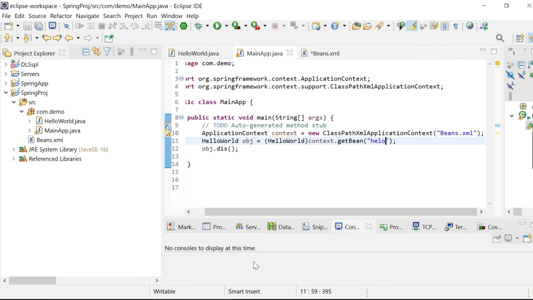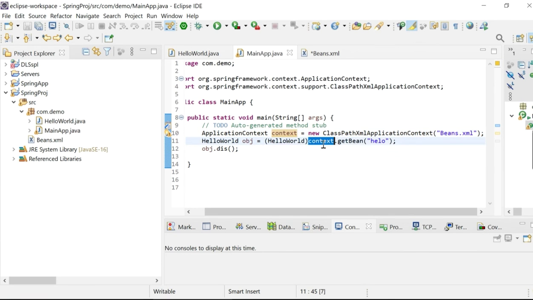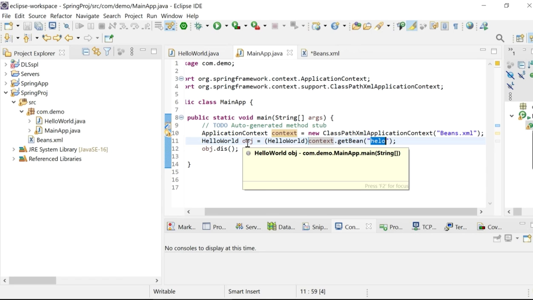Here in the console, underneath, you can see the output: hello Tamil Nadu. How does it work? The application context reads the beans.xml file and creates a bean named HelloWorld with an object hello. With this application context we pull out the bean named hello, and it's assigned to the Pojo class object obj.